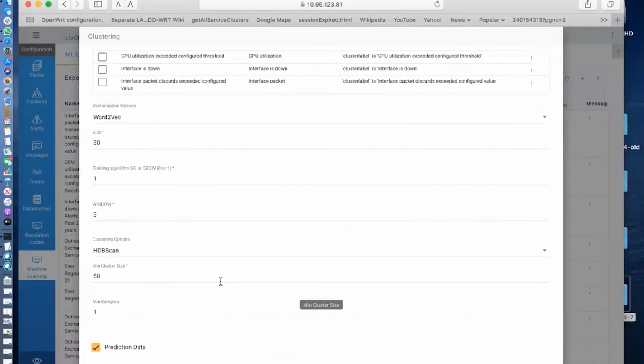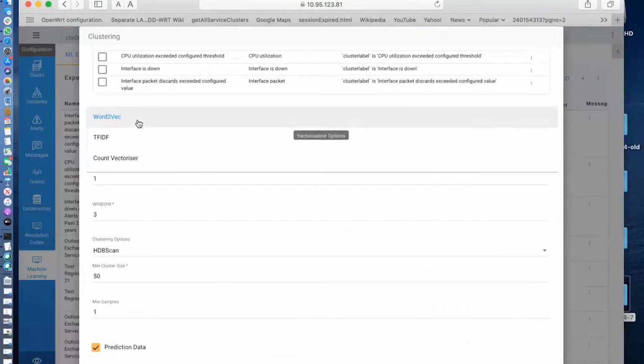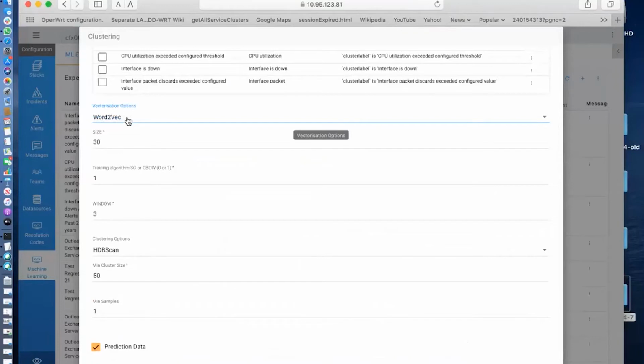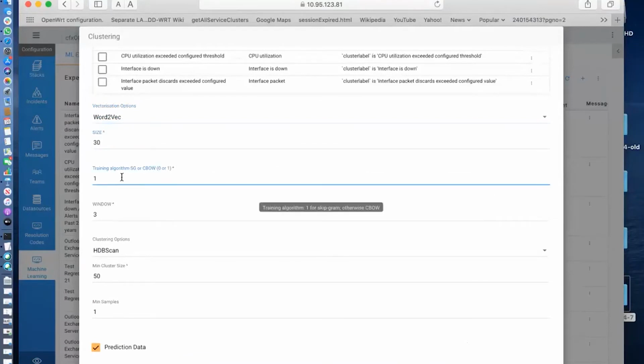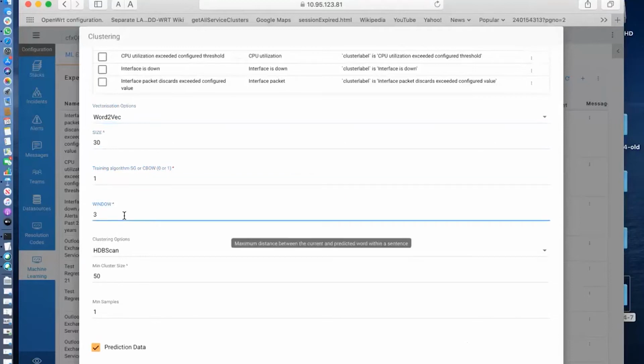And for that, we have multiple algorithms that can be used. And we recommend word2vec, which is what we tried out that gives you the most optimal vectorizations. And the size of 30, the dimensionality of 30. And I'll use skipgram as my training algorithm with a window size of 3 words on both sides of the